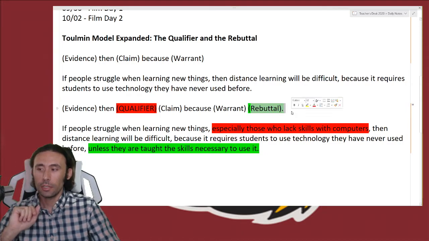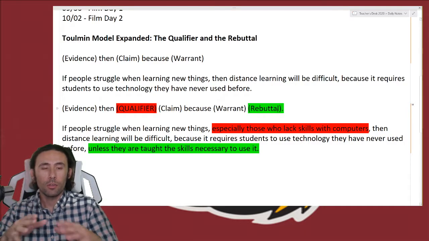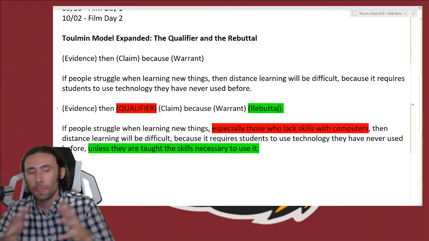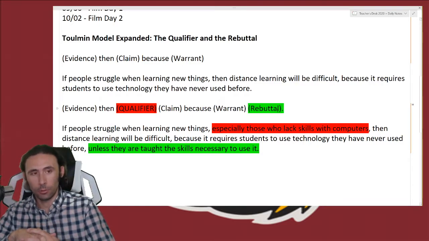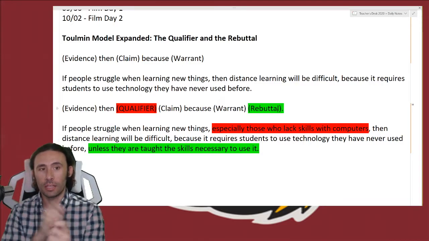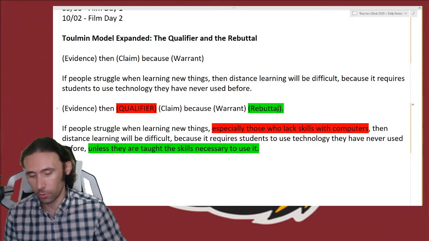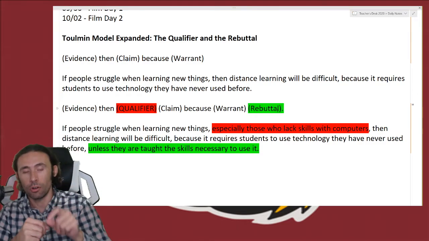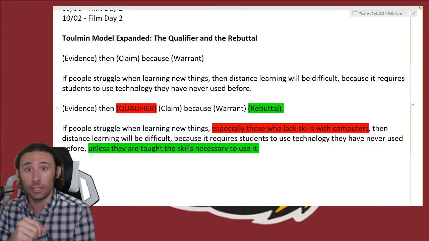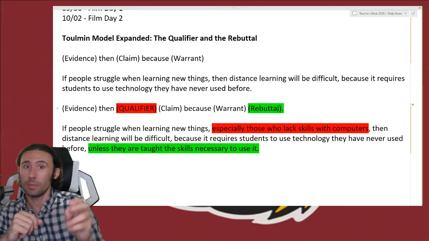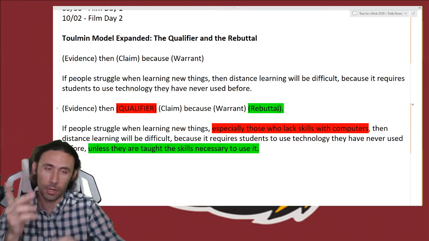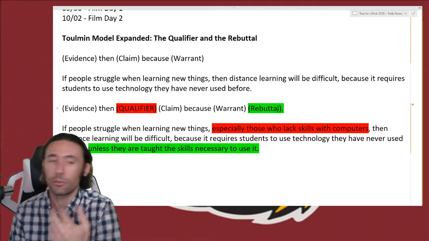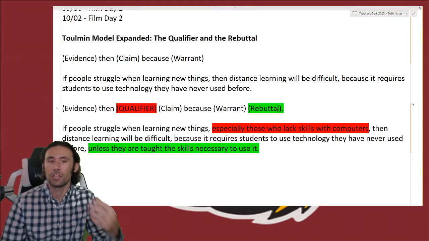The rebuttal is the counter argument, right? It's the part where you admit, okay, here's where maybe I'm not always correct. This is where you directly counter yourself, which is powerful. Because if you can set up the counter argument in your own argument, then you're sort of disabling them, right? You're saying, hey, I admit I'm kind of wrong here, but I'm going to have a rebuttal against that. I'm going to have a counter argument embedded in that. So let me show you what that looks like.